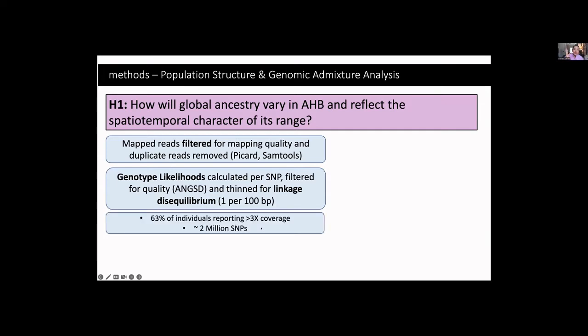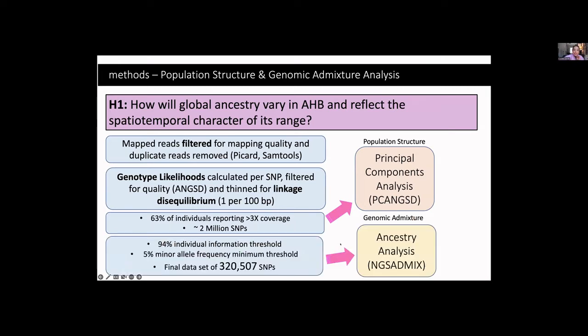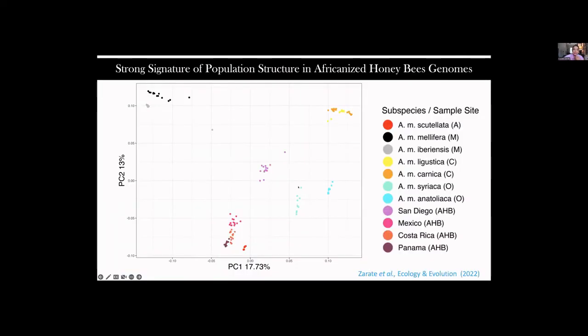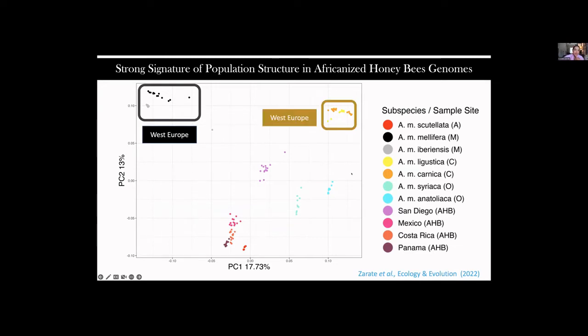And so just general bioinformatic calculation of genotype likelihoods, we ended up using 2 million SNPs to do a principal components analysis. And for the admixture itself, we used about 320,000. So to start off with, there was a strong signature of population structure with the PCA. So in PCA space, the Western European, typo, that should be Eastern European, the Middle Eastern and the African clades all kind of fell around the PCA space,